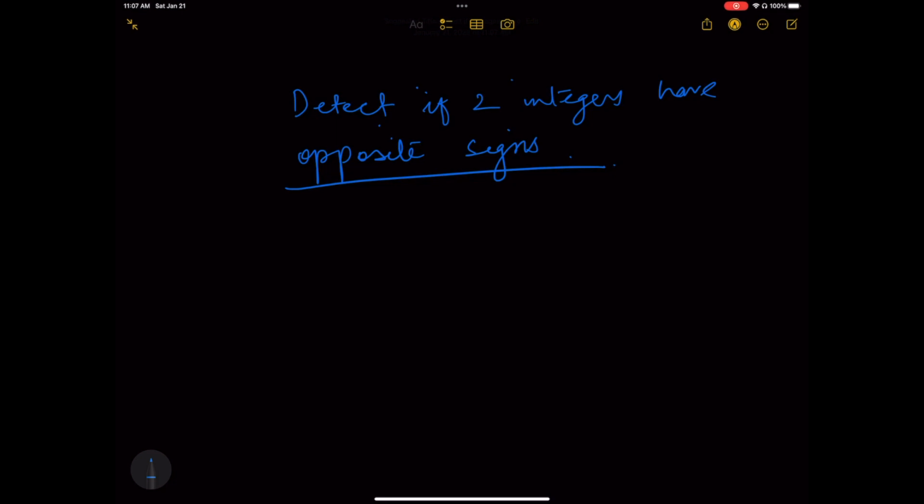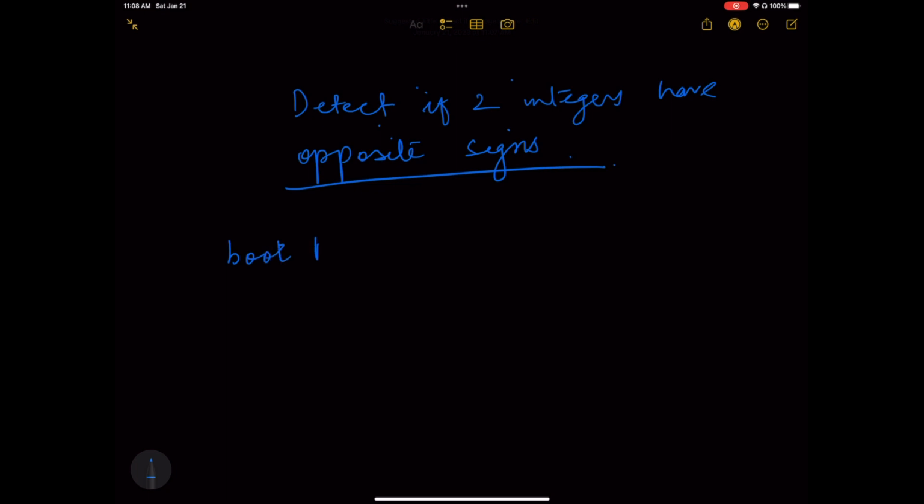So in this video, we are going to learn how to detect if two integers have opposite signs. And this is going to be very, very similar to yesterday's video. Okay. So let's see how we can do this. What is the logic to do this? So the logic is